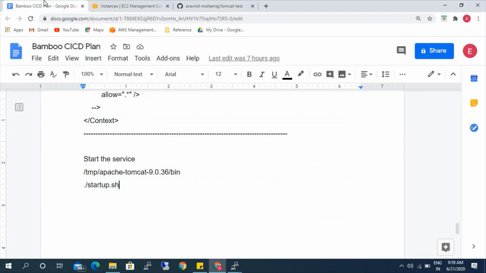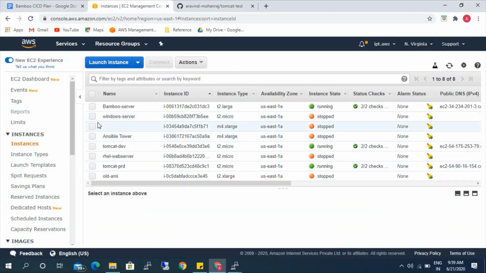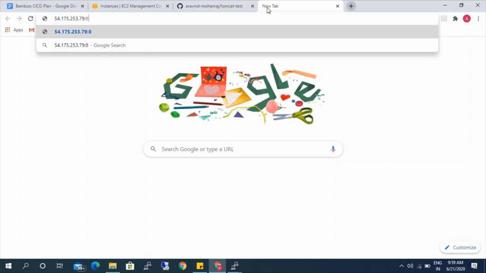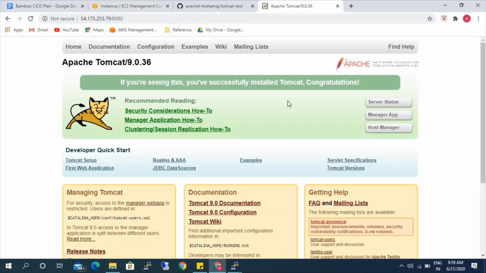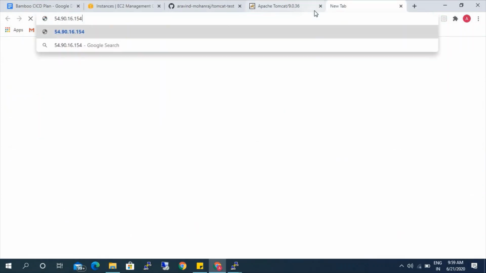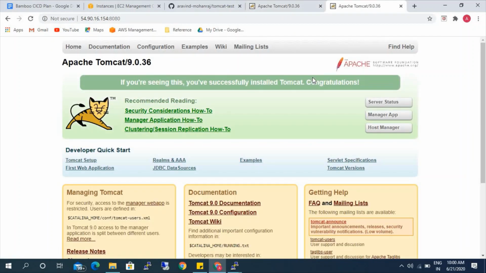Tomcat is started. So let's go ahead and check if it is accessible. Okay, Tomcat is up and running. Let's check for prod as well. Okay, it is up and running.